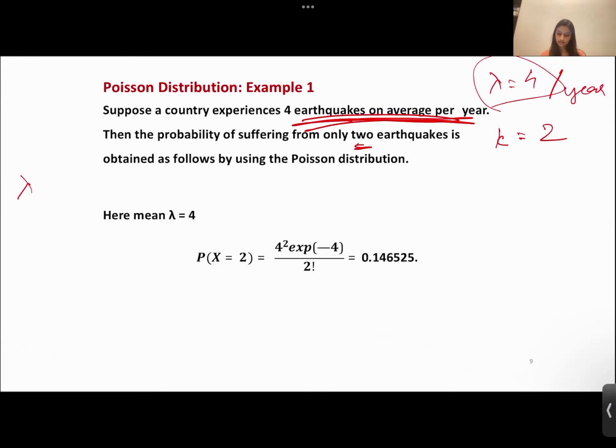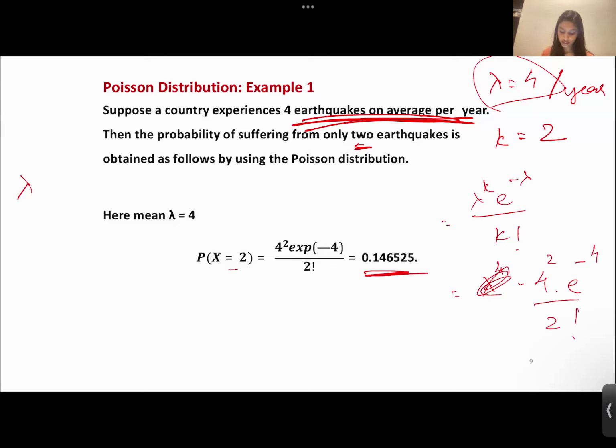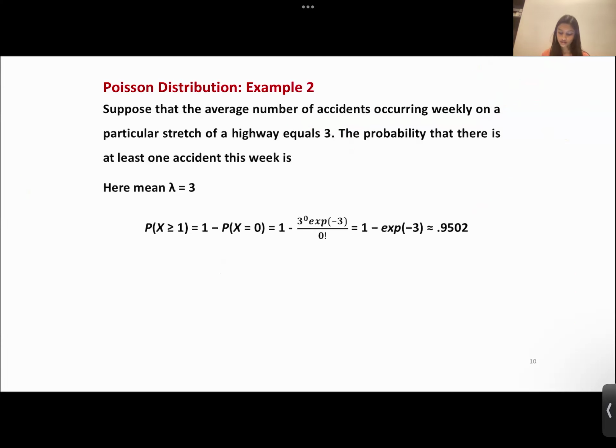So you just need to substitute lambda to the power k, e to the power minus lambda, divided by k factorial. Lambda is 4. Lambda to the power k times e to the power minus lambda divided by 2 factorial. When you solve this, you'll get the probability of k earthquakes occurring. And you can also use it to solve such